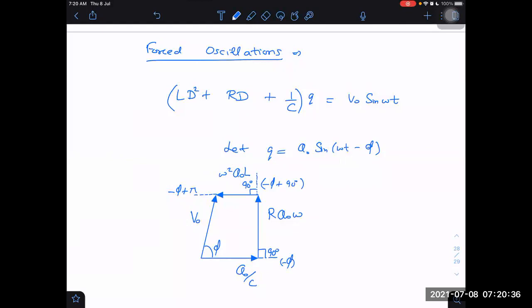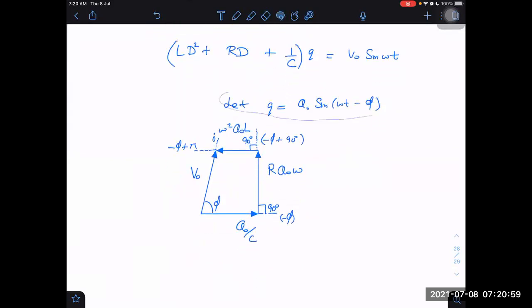And I wanted to mention which phase this one will be. 0 degree phase. This is the reference. I am writing the phases also for these vectors. This is 0 degree phase. This is our reference line. As compared to that, it is turned clockwise. So I have taken its phase as minus phi. Understood?